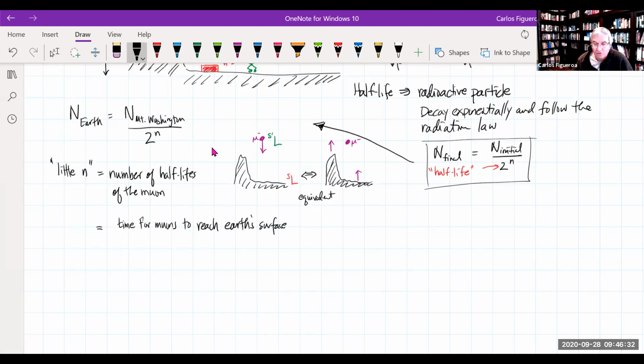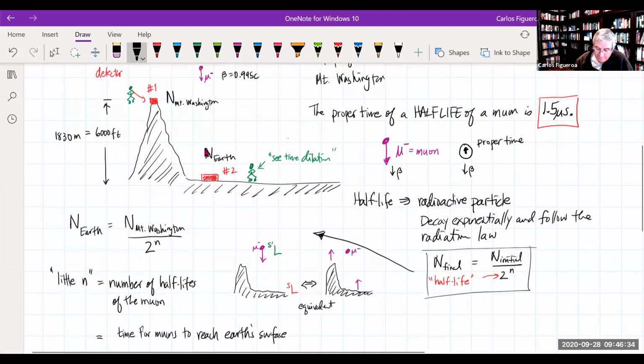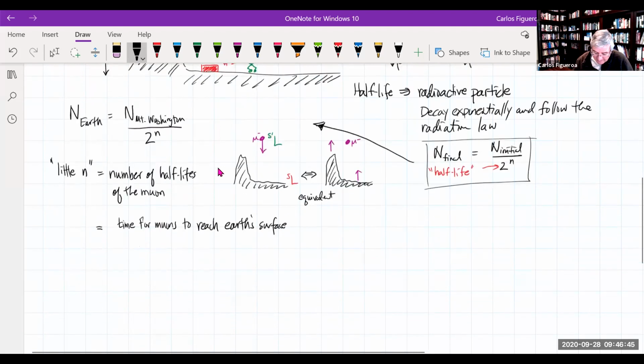So it's the time to go where? From the top of Mount Washington all the way down to the surface of the Earth. That's what I mean to reach surface, from the top of the mountain. And then at the same time,